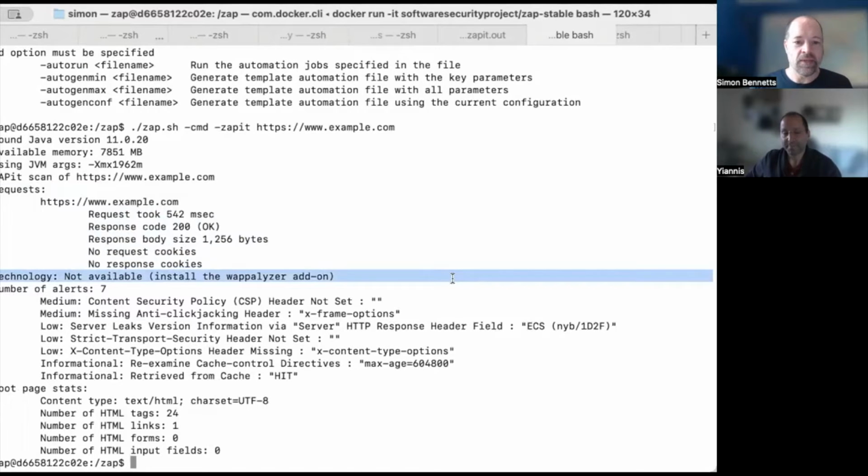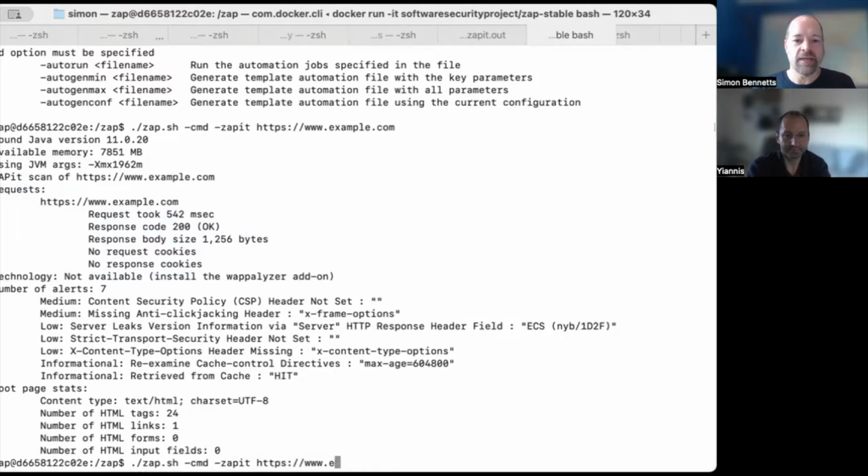So let me install that. So -command, and then we want to do add-on install. Get the right number of L's. So Simon, while you do that, tell us a little bit about the Wappalyzer add-on. What does it do? Yeah, so Wappalyzer is a third-party product. It's actually just been taken closed source, but luckily someone else has forked it and is now maintaining it. So this really looks at requests and responses, typically responses, and works out what technology is behind the web application. So it's really useful. And also, I'm going to